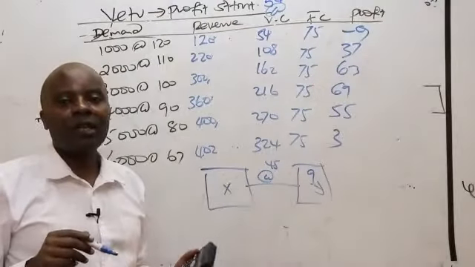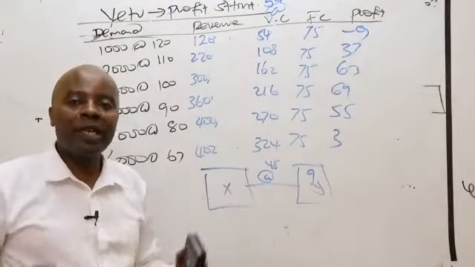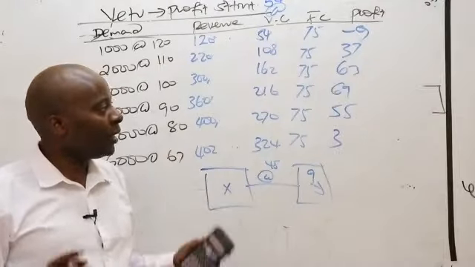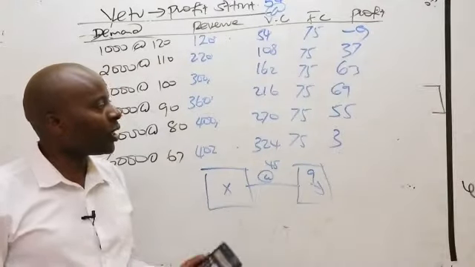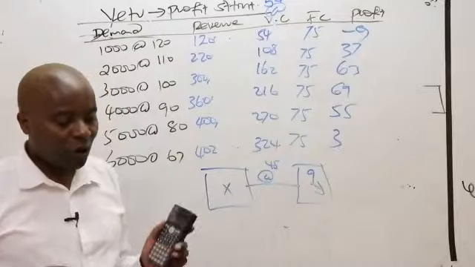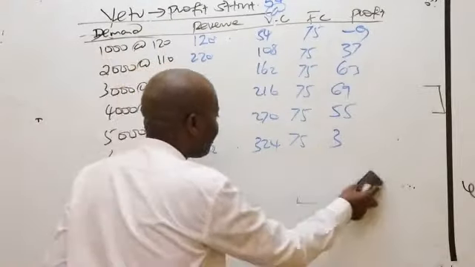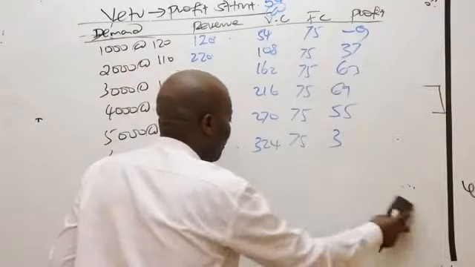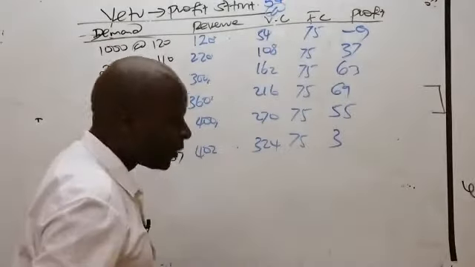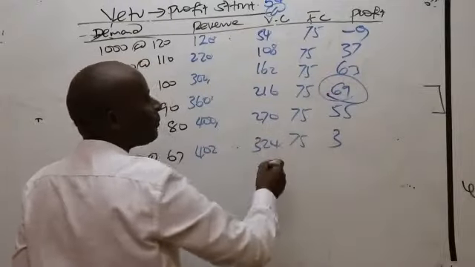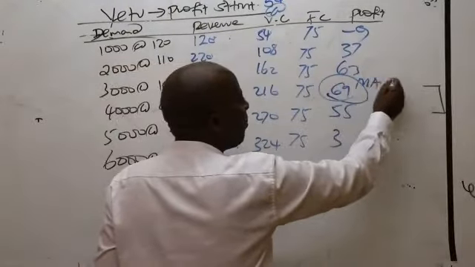If these figures are correct, let the ball not stop there. Always come and give us, ladies and gentlemen, the optimal quantity. So what will the optimal quantity be? The optimal quantity is the one that corresponds to 69, because this is our maximum profit.